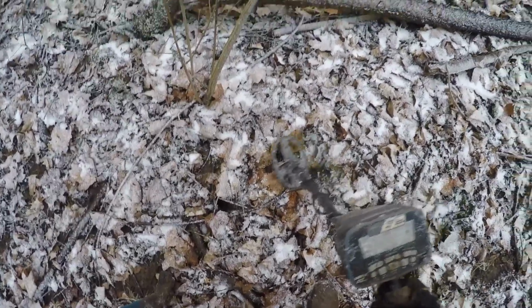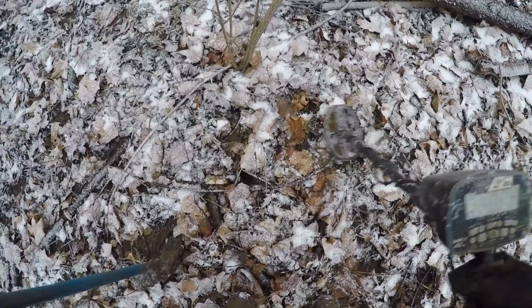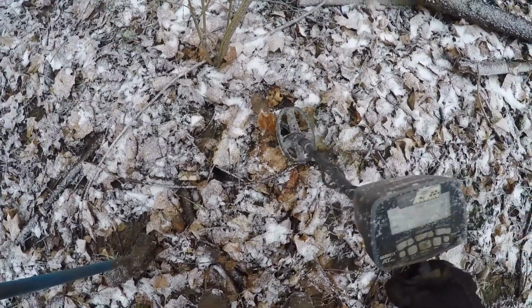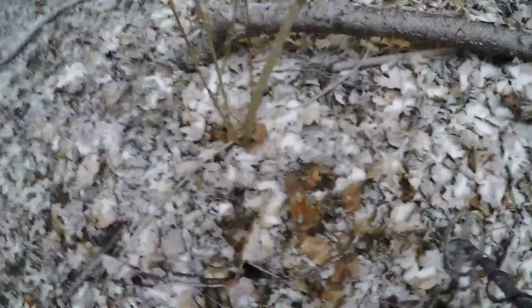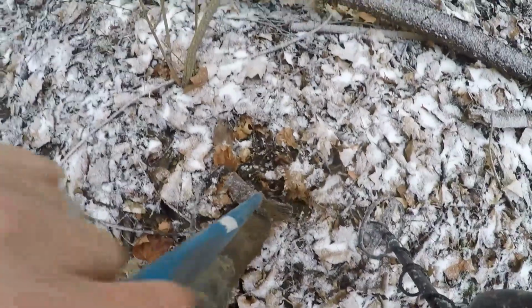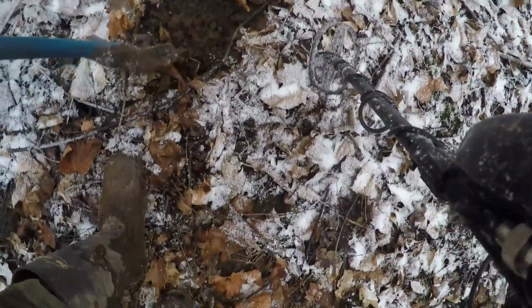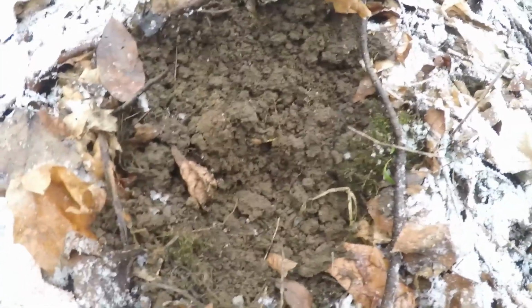I'm sticking it out. You can tell the floor of the woods has gotten really snowy. And I'm getting a good high tone there. I'm going to see if I can't dig that live. It's really hard. This GoPro will clamp on, but